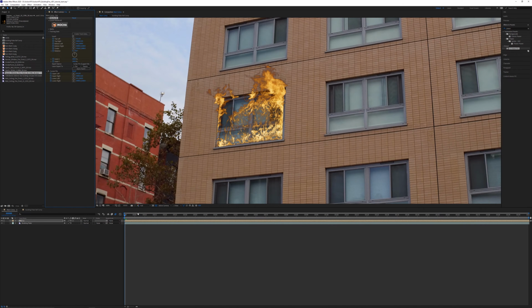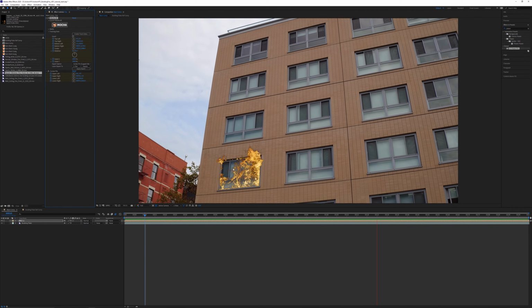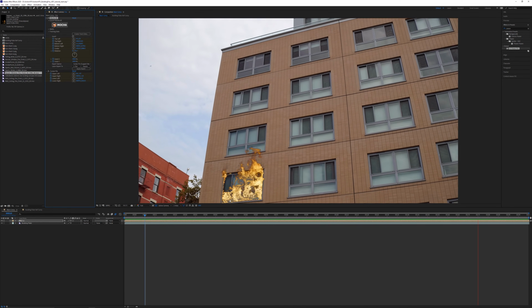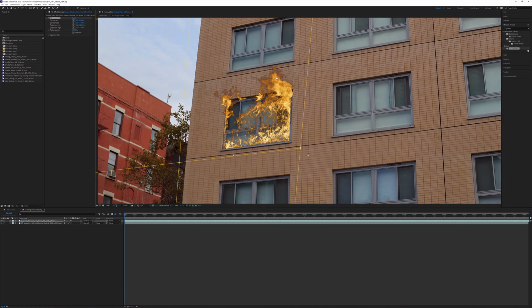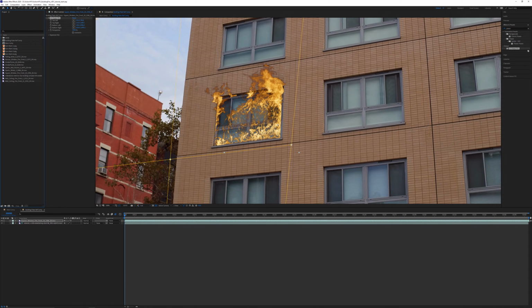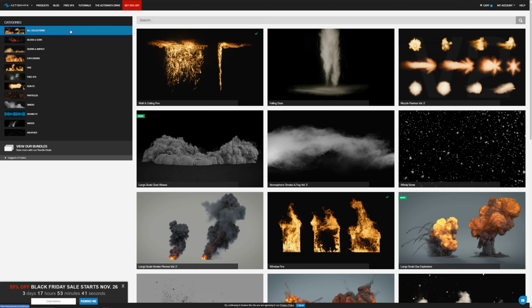So now let's click play and just see how that looks. And there you can see we have a really nice track. I don't see any sliding, and even as it goes off frame, we're good. Okay, so let's go back into our fire comp, and now the fun part begins. All right, so next what we need to do is start adding some charred edges around the window to make it look like this fire has been burning for quite a few minutes.